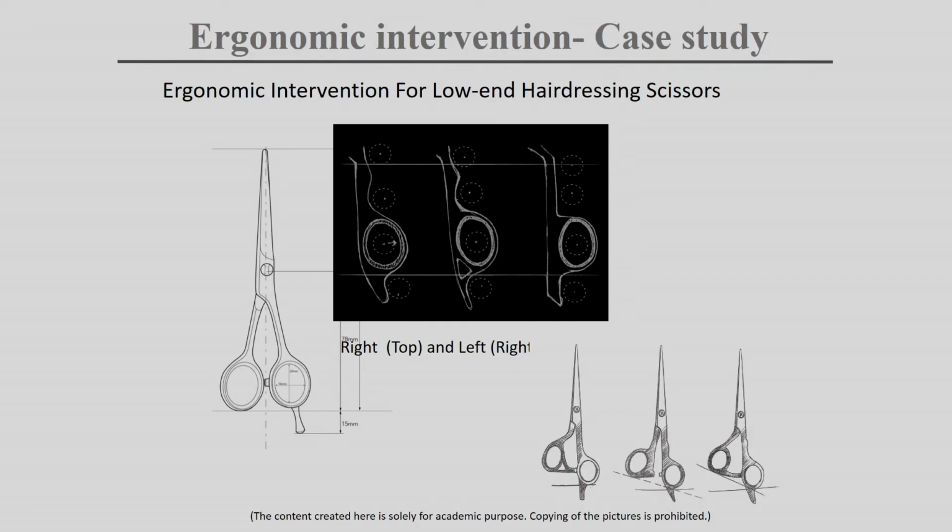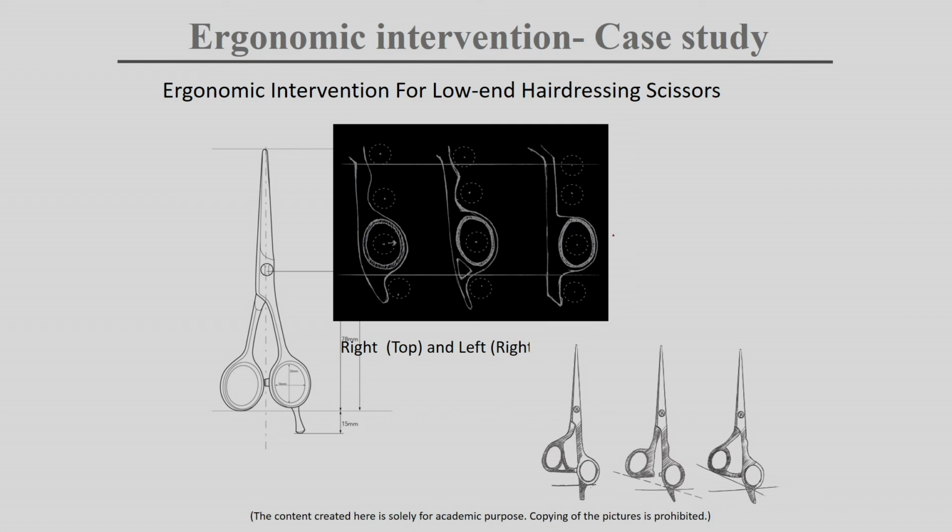Once you change this and exert some force here, you will feel a lot of pain and discomfort in this part, and doing this a number of times in a day is very difficult. So how do we correct this posture? If we can do this, it is easier. In this case, what you have to do is make it something like this, nearer to that. So depending on that, we have done some modification in this case.